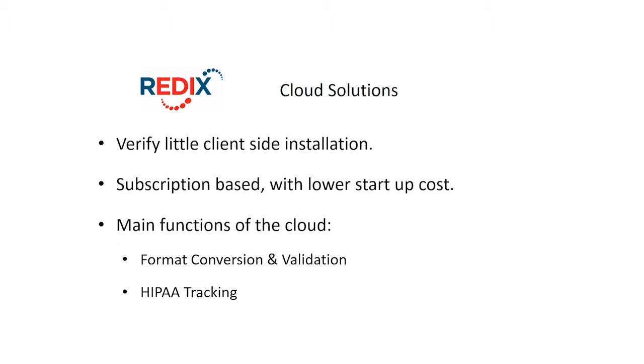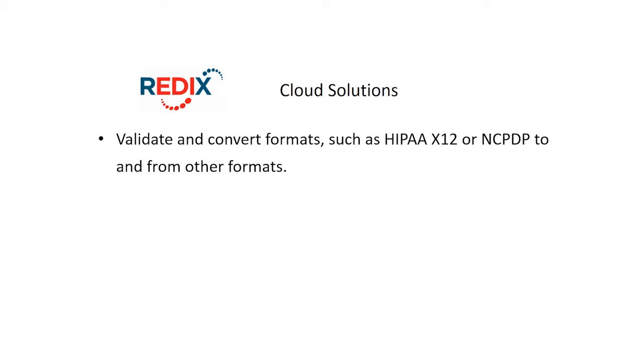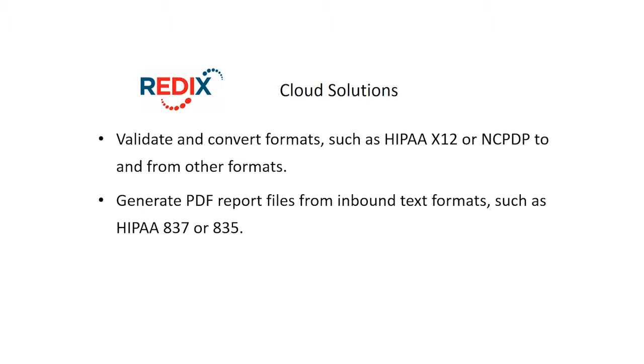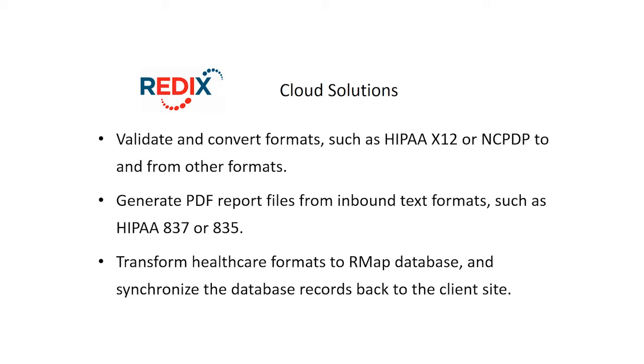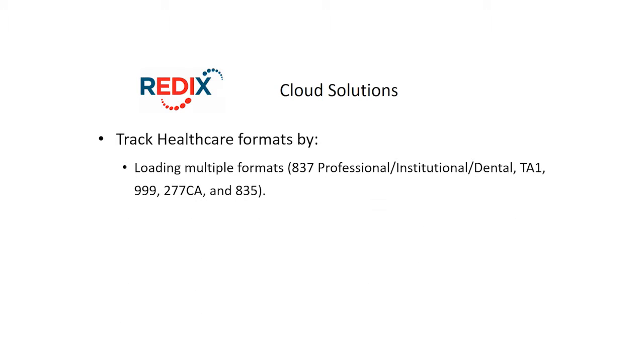There are currently two main functions of the Redix Cloud: data transformation, including compliance checking, and healthcare tracking. This means users may do some of the following: validate and convert recognized formats such as HIPAA X12 or NCPDP D0 to other text formats, generate PDF reports from inbound text formats such as HIPAA 837 or 835, transform healthcare formats to RMAP database and synchronize the database records back to their client site,